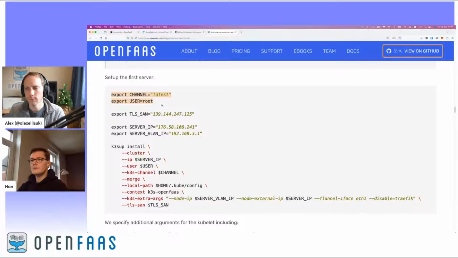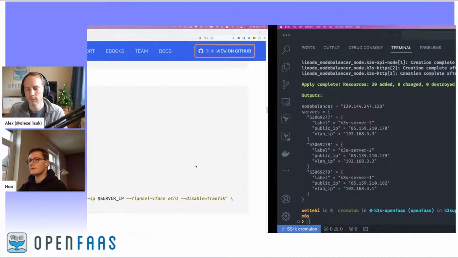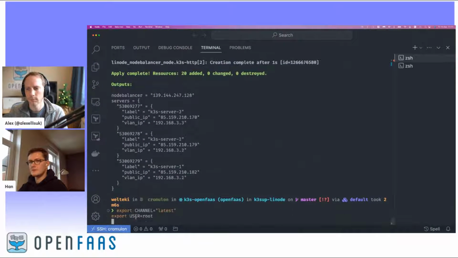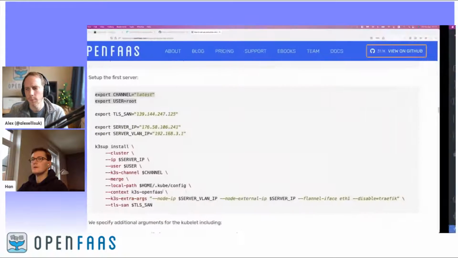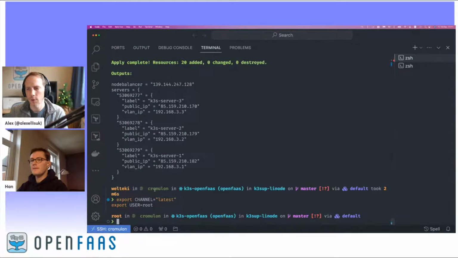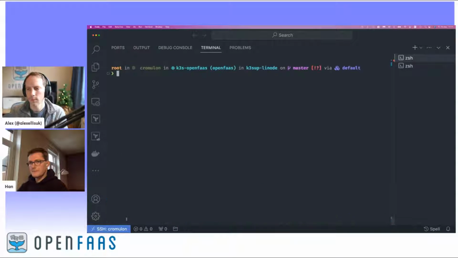So let me grab the K3s channel, and the user that we're going to use for the SSH connection. Just enter those already. Are you going to put this into an editor first, and then we'll run it from there? Yeah, I can do that as well. You could use Vim, or you could edit in a file in VS Code. It's up to you. I will use Vim, I think, in this case. So Vim, let's